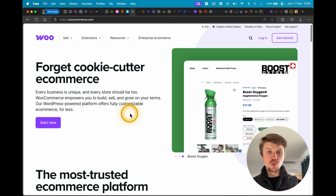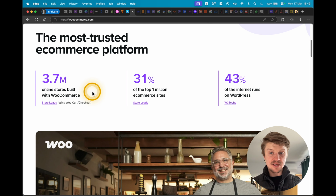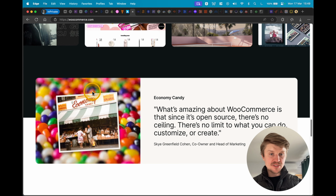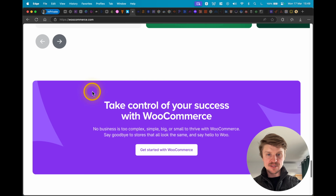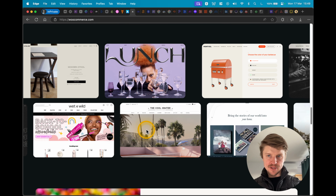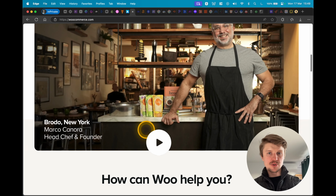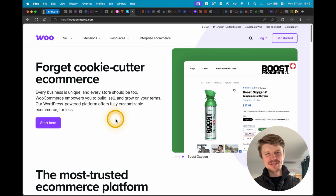Next up, we have WooCommerce. This is fantastic for WordPress enthusiasts who are looking for a great e-commerce solution. For example, if you don't want to be rolling on Shopify or Wix, this is your tool. You can customize it in any way you want to create a beautiful online store and start selling your stuff, basically within 1 or 2 days. I highly recommend it. It's a little bit clunky sometimes, but still, for WordPress, it's still the best kind of